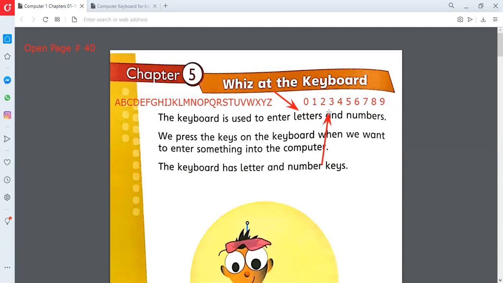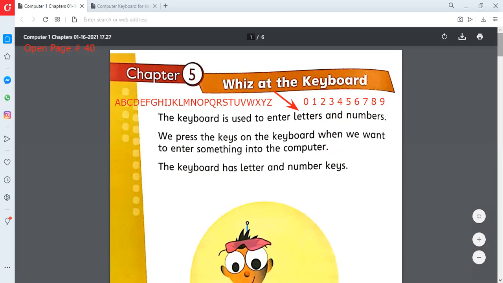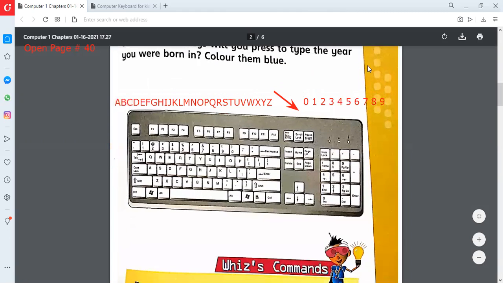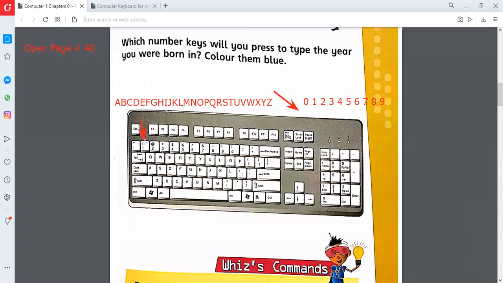So these are numbers. If you notice one thing on page number 41, the keyboard is showing the alphabets, letters, and the numbers. See, numbers are there: 1, 2, 3, 4, 5, 6, 7, 8, 9, and 0.